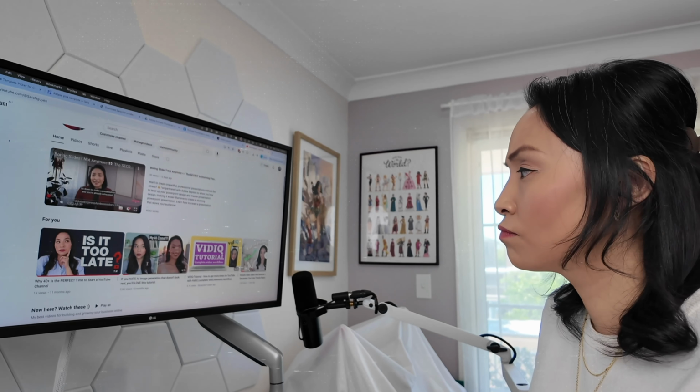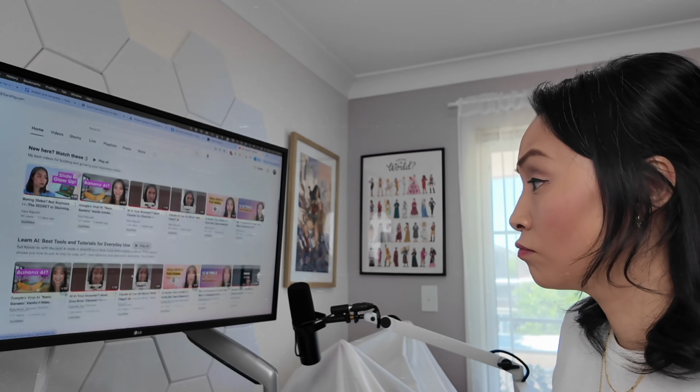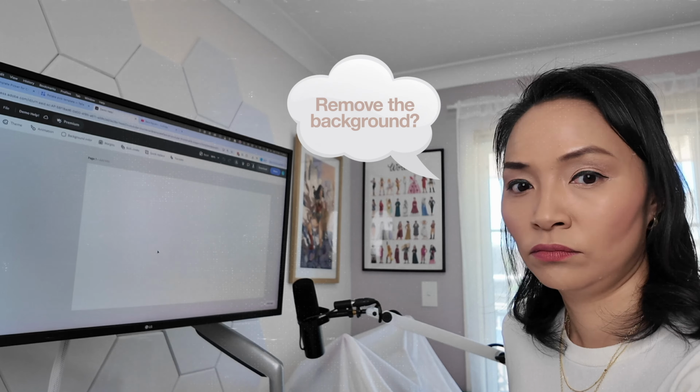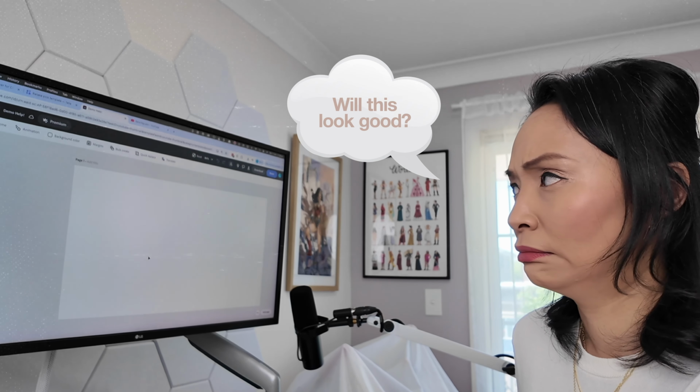You're about to design your YouTube thumbnail. You've watched some tutorials, found some inspiration, and you're ready to go. But then you open the design tool and think, what layout do I use? How do I remove the background? Will this even look good? Suddenly you're stuck again. And if you're just copying what other creators are doing, chances are you're copying something that